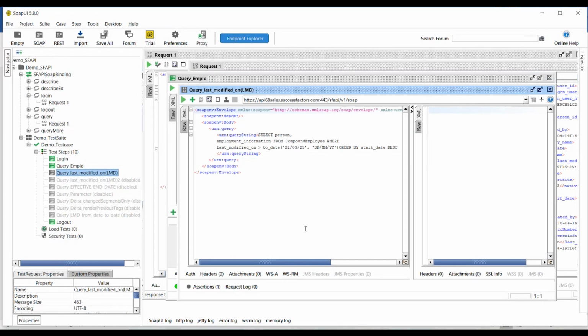Yes. So the same endpoint we have to copy it over here. My second query is where I have selected the person, based on the employment information, from the compound employee, where the last modified on. So last modified is nothing but this particular tag will return the value based on,